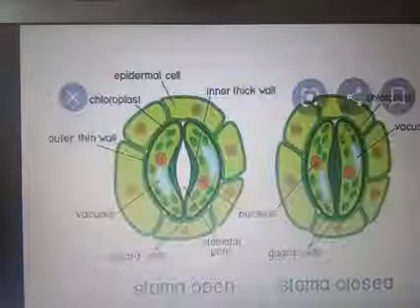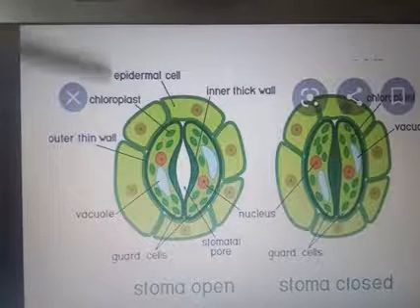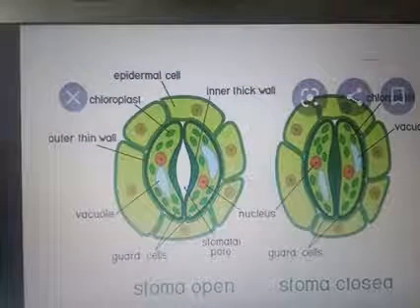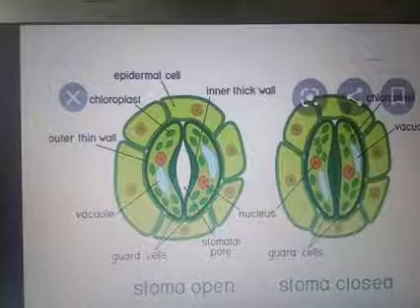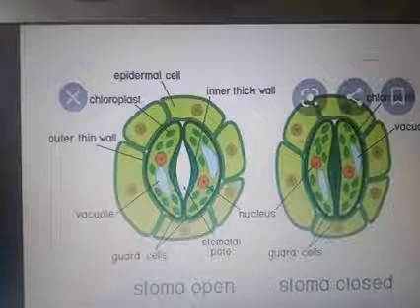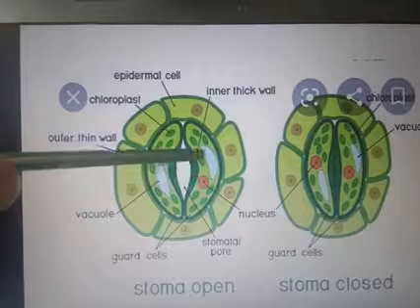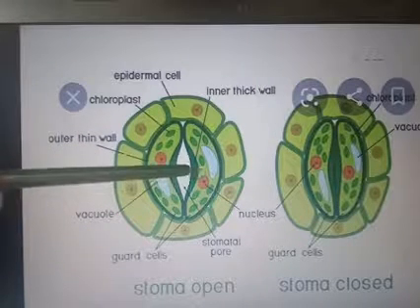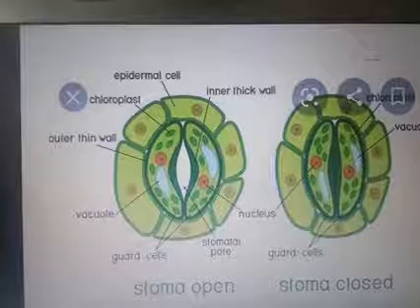I will show you one picture. This is a picture of the stomata. Here the stomata is opened and here it is closed. This is the structure of the stomata, seen in bean shape. Bean shape means it is a dicot plant. Around the stomatal pore, in the center portion, the guard cells are thick compared to the outer portion, which is very thin.